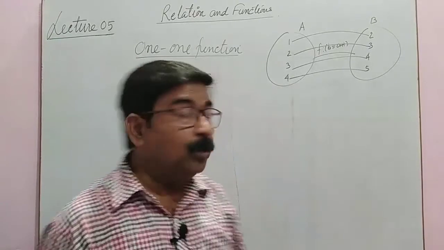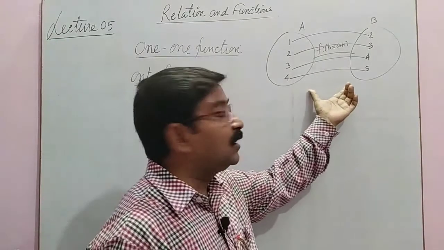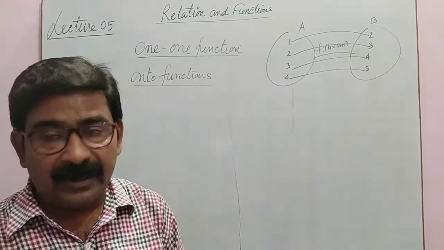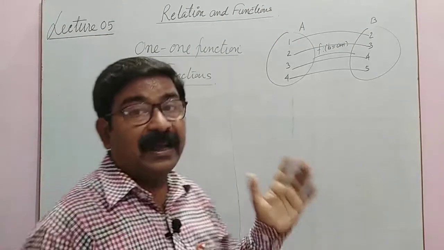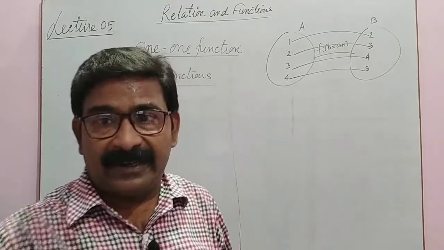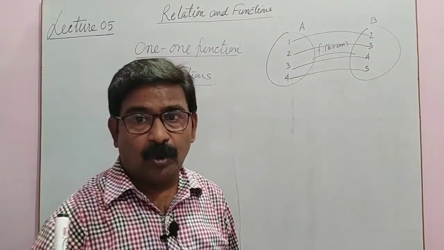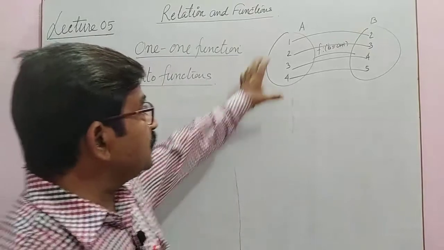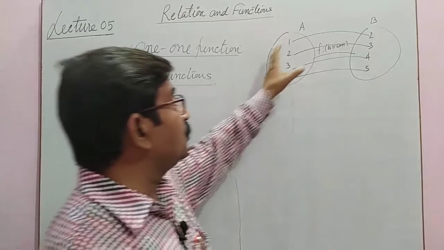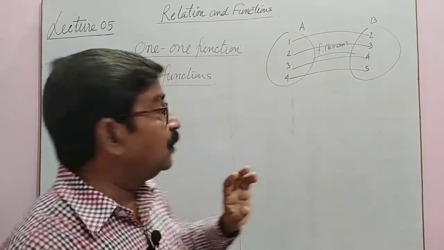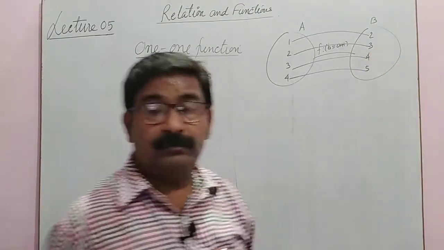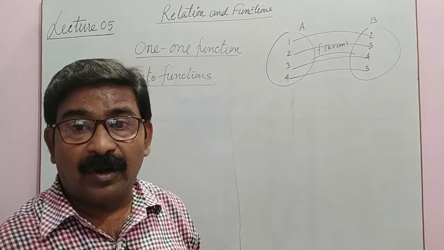Onto function. If a function is both one-one and onto, its mathematical proofs are also there. I will tell you later, I am just giving the idea. It will be taught in the next class, but you must know something about it. So this is called a bijective or one-one onto function. One-one because one element has one image, and onto because there is no element left in this set. So this is called one-one onto.